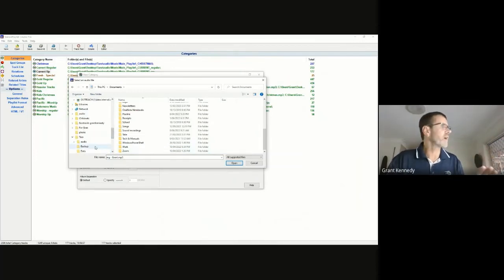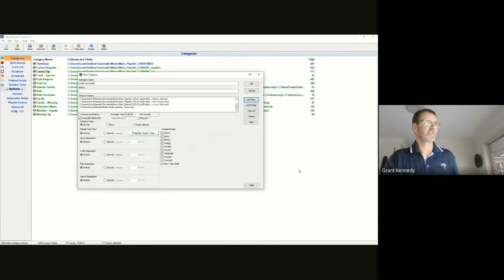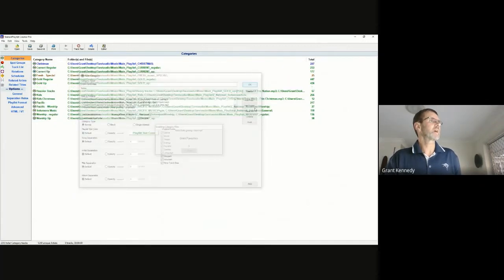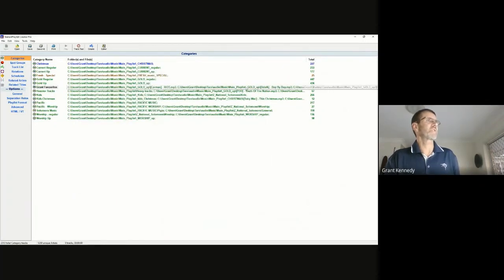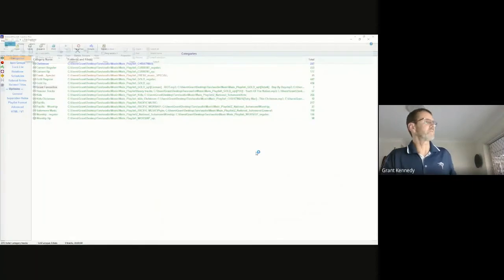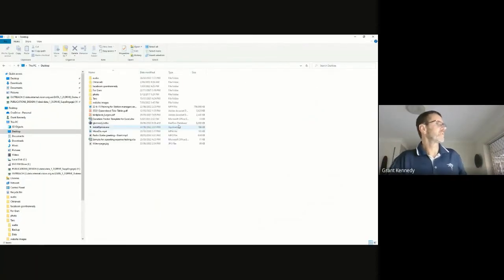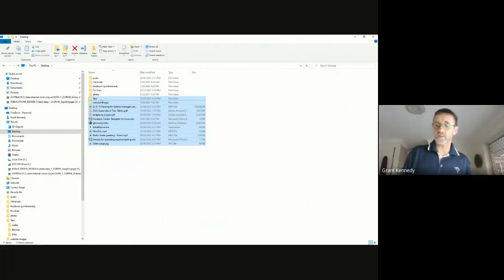But if I'm going all over the place, into different folders and getting my songs, then someone might come along on this computer and go, I need to tidy up this computer. Okay, so I've now got Grant's favorites. I've got those tracks in there. Someone might come along on my computer and go, you know what? We need to tidy up this computer. Oh, what's all this rubbish on the desktop? I'll just delete. And now it's broken, because station playlists can no longer find that song, because that song was on my desktop.